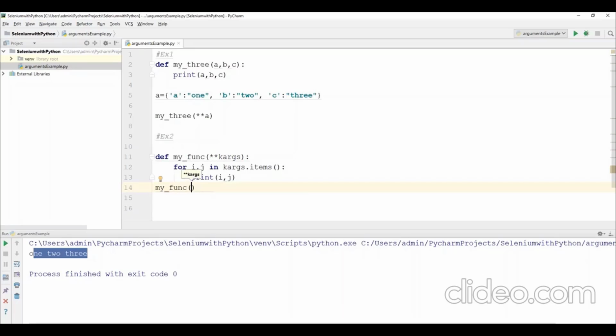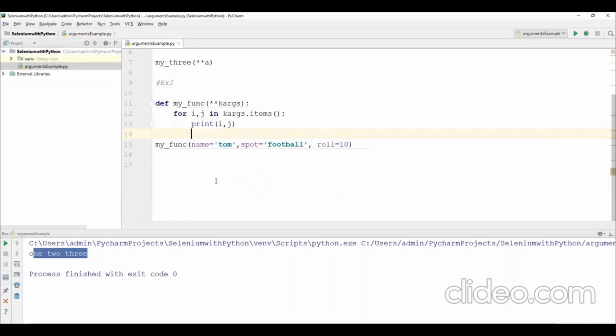Here I need to pass values exactly the same way. I'll just say name is equal to, let's say, 'Tom'. This is the first key and value, and comma, and I'll specify sport is equal to, in single quotes, 'football'. And then comma, again the other key, role is equal to, let us say, 10.